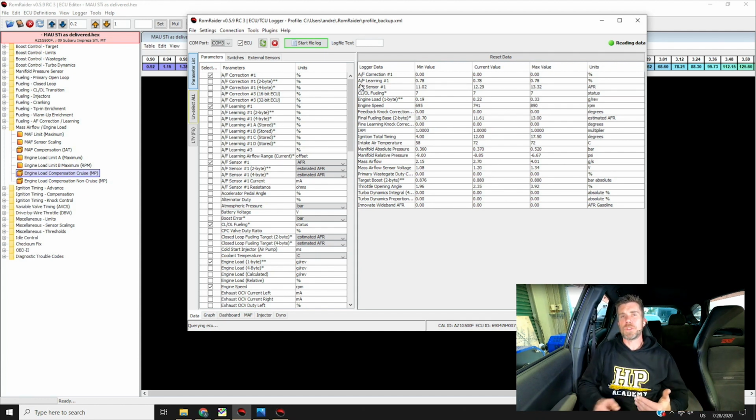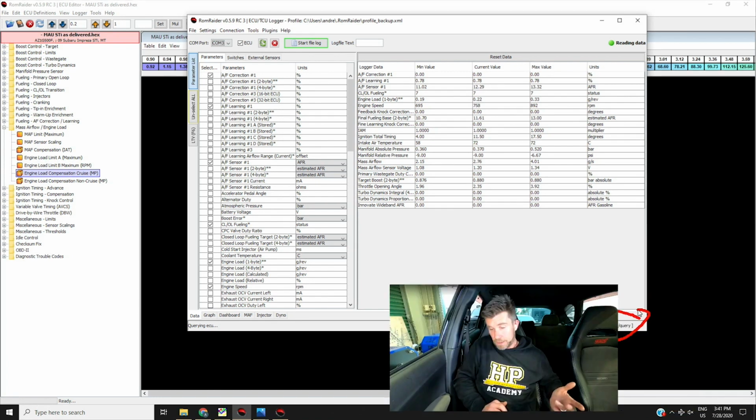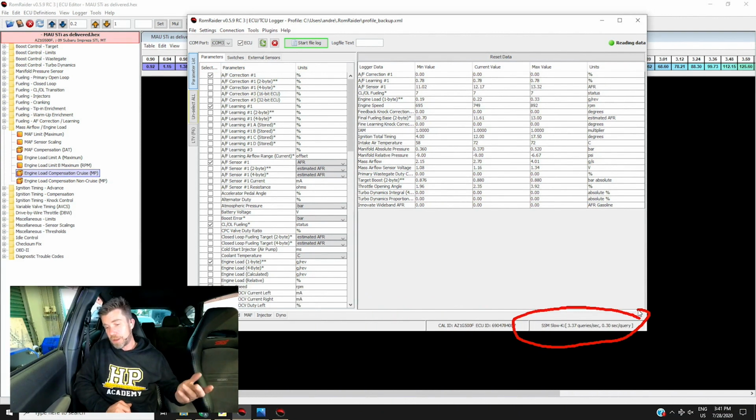So it's really important to try and minimize the data set that you are logging, so that you maximize your data speed, and this is going to just require you to change that log set depending on the task that you are completing. We can actually see our logging rate is being displayed down here, which at the moment is only 3.37 queries per second, so that is in itself relatively slow.